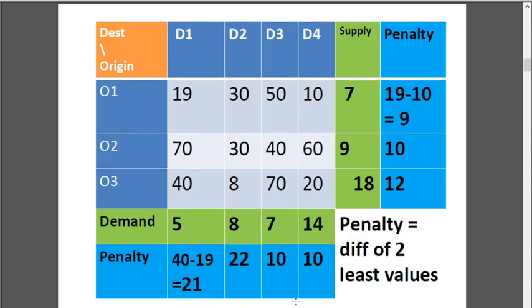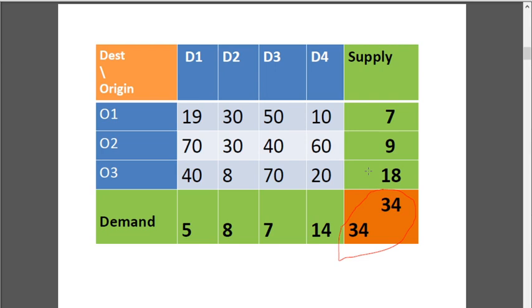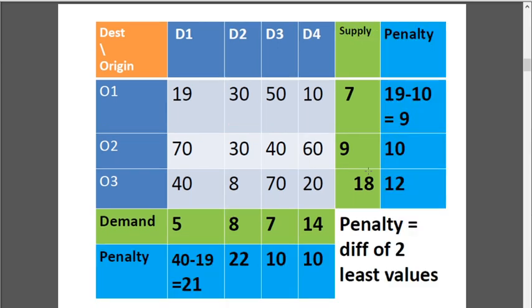Now, the Vogel's approximation method or the penalty method works with the help of what we call the penalty. Given a problem, first for each row and column, you should calculate the penalty. Consider the first row for origin O1.